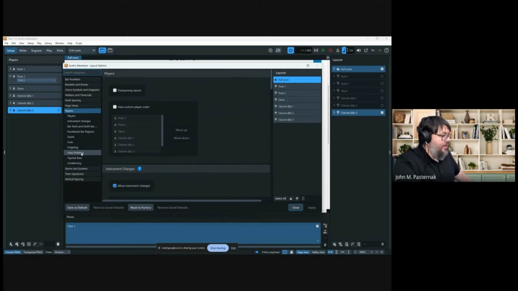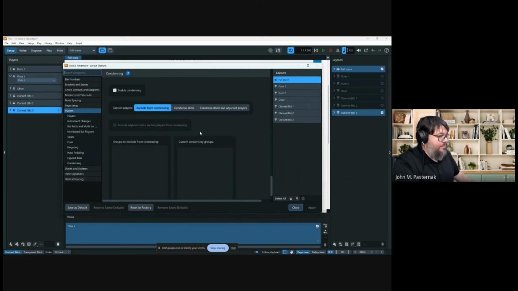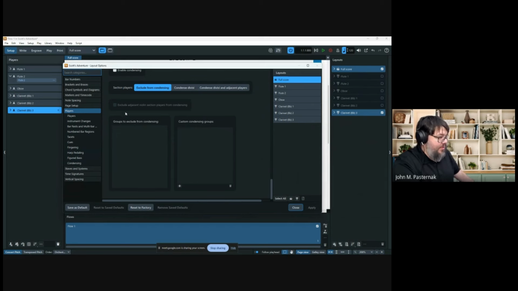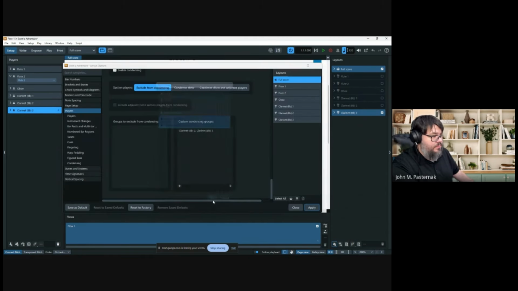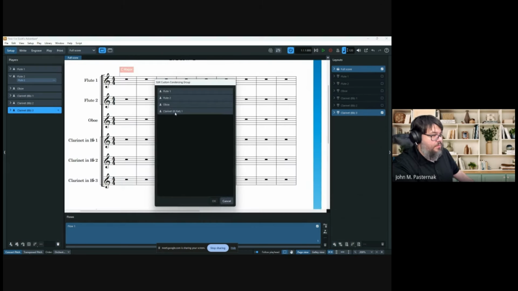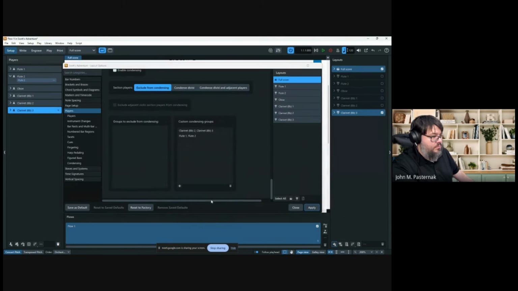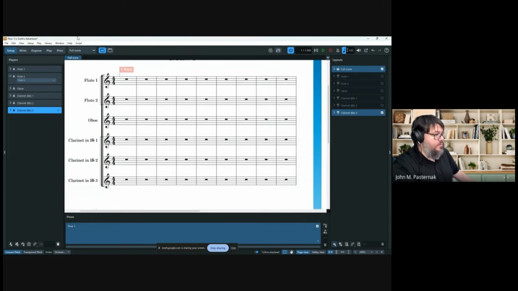So if we go down here to players and we go here to condensing, you see we have players to exclude from condensing groups, which in this particular thing we don't necessarily need, but custom condensing groups. So if we go to the plus sign down here, we can put clarinet 2 and 3 in a group. And we can put flute 1 and 2 into a group. Okay. Now what we're going to do is hit apply. Notice we have full score selected, which is what we're currently looking at. And then if we go here to apply and then close,